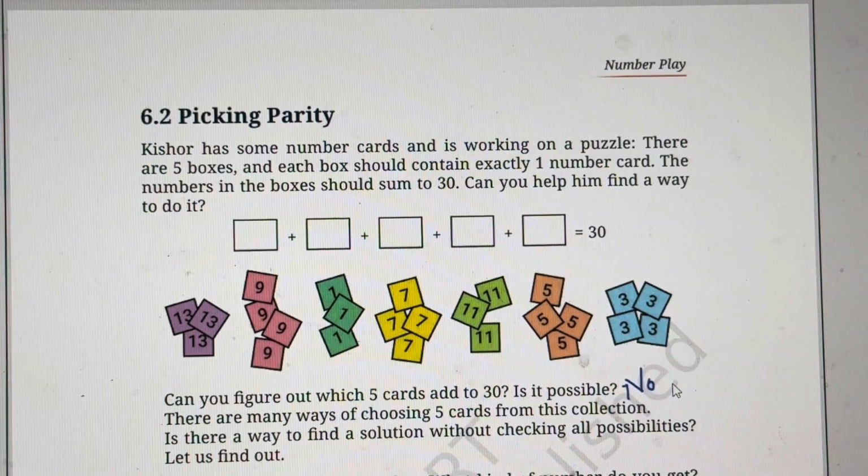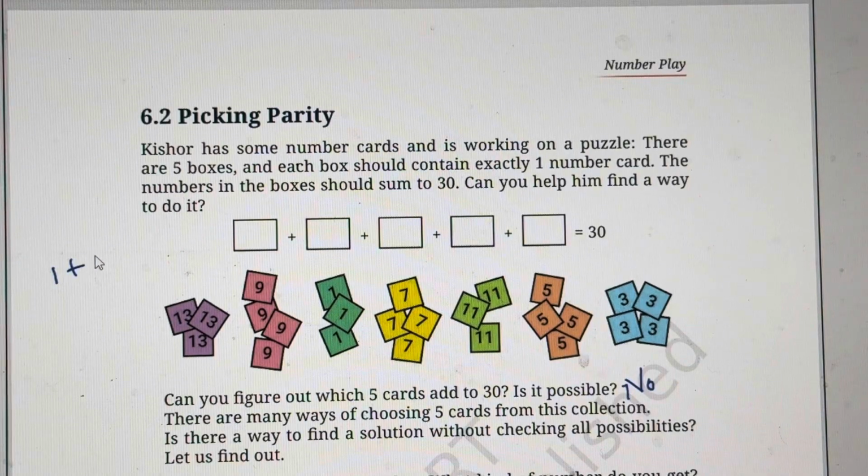Now, can you see something here in the numbers which are given and the answer? What is the pattern? If you see all the numbers which are given over here, they are all odd numbers, right? Whichever numbers are given are odd numbers. And the answer which we want is an even number. And there are 5 different numbers we have to choose. So can 5 odd numbers add and give an even number? Right? Let us try with different odd numbers.